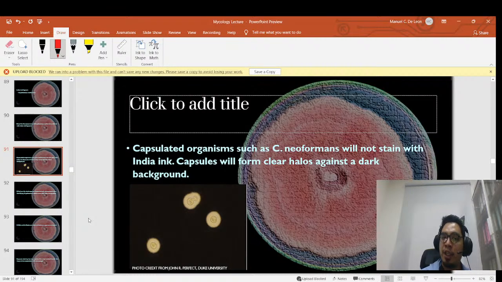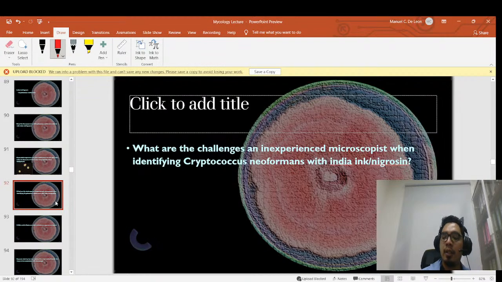Try not to flex so much, because there are a lot of inexperienced medical technologists who claim they know what it looks like, but then when they're presented with a sample, especially from external quality control, which I think in the Philippines is sent by the Research Institute of Tropical Medicine, I'm not familiar, but that is one of the things medical technologists would often confuse. All right, so those are the challenges that you might encounter.